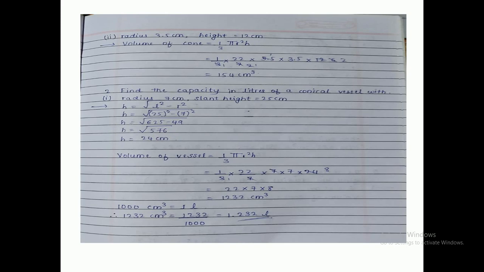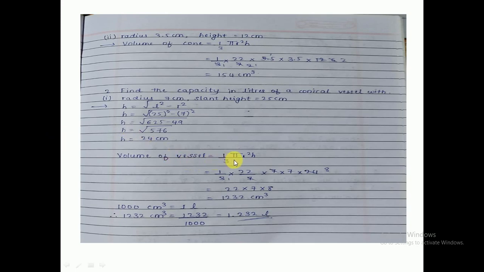So this is actually, in the first question it is very direct, whatever is required for the formula is given in the problem only. But in the second question, what difference are we observing? For the formula we need radius and height, but they have given the slant height. Using the slant height and radius we have to find the height. So that is one extra work we have to do in the second problem. So h we got 24 centimeter.